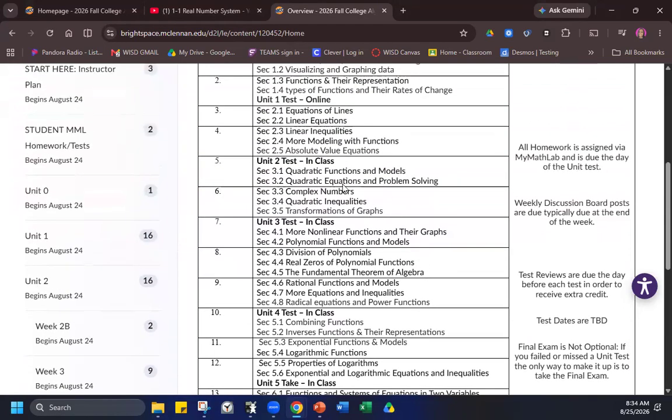Your weekly discussion board, whether it's an exit ticket, a bell ringer, or a quick check, those are usually due at the end of the week. That's how your attendance is taken if you're online, but it's also supposed to be a helpful grade. It gives me a snapshot of, okay, maybe I need to answer this, or we need to talk about this, or it's an opportunity for you to know if you need to reach out to me. Does that make sense? And so that's why we have those.